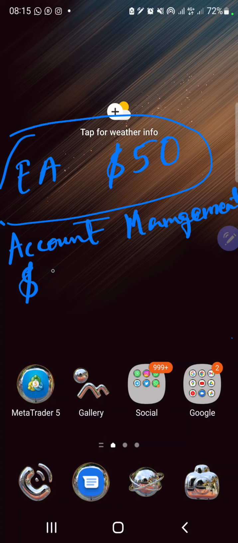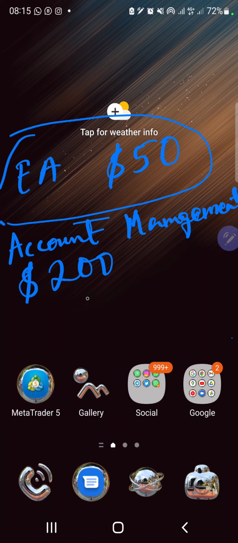So let's say you bring an account of $200. There is no way you can expect somebody managing a $200 account to do full, proper risk management. What I always explain, which people don't want to hear, but that's the truth,